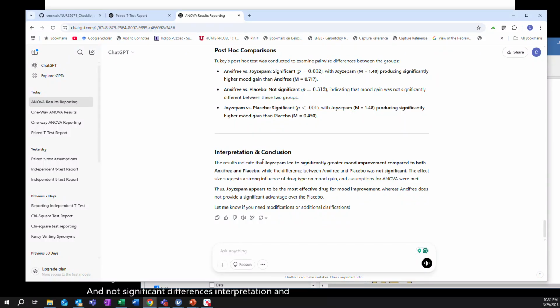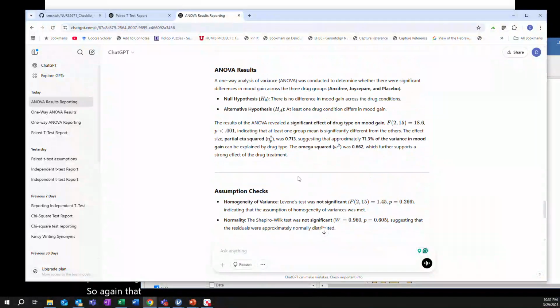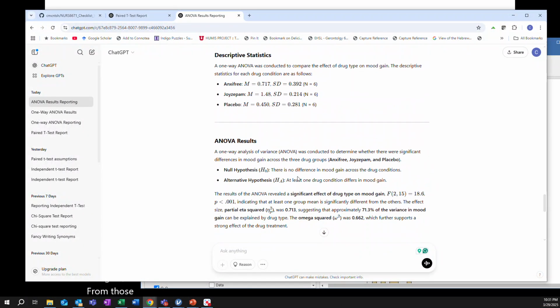The results indicate that joyzepam led to a significantly greater mood improvement compared to both anxiety-free and placebo. While the difference between anxiety-free and placebo was not significant, the effect size suggests a strong influence of drug type on mood gain, and assumptions for ANOVA were met. Thus, joyzepam appears to be the most effective drug for mood improvement, whereas anxiety-free does not provide a significant advantage over the placebo. So again, that is a pretty good write-up from those results, and